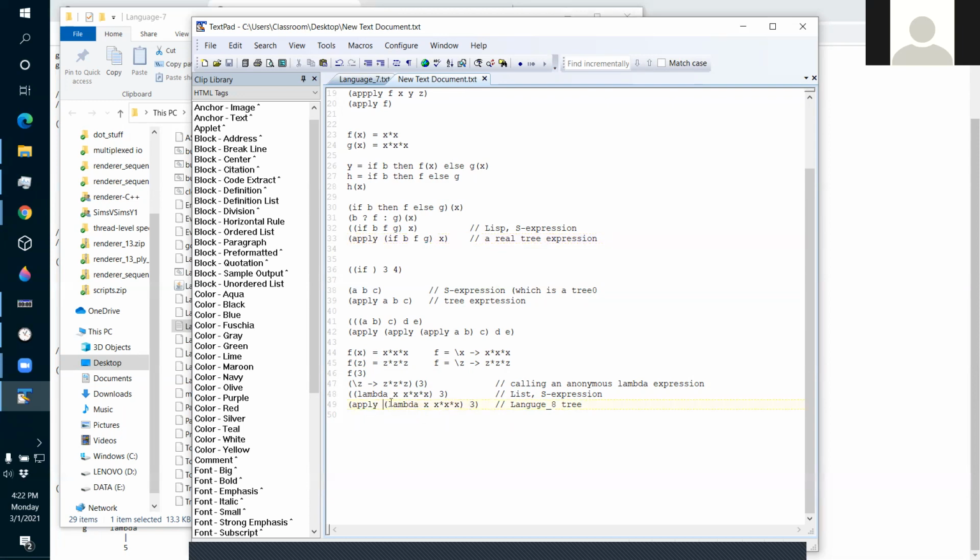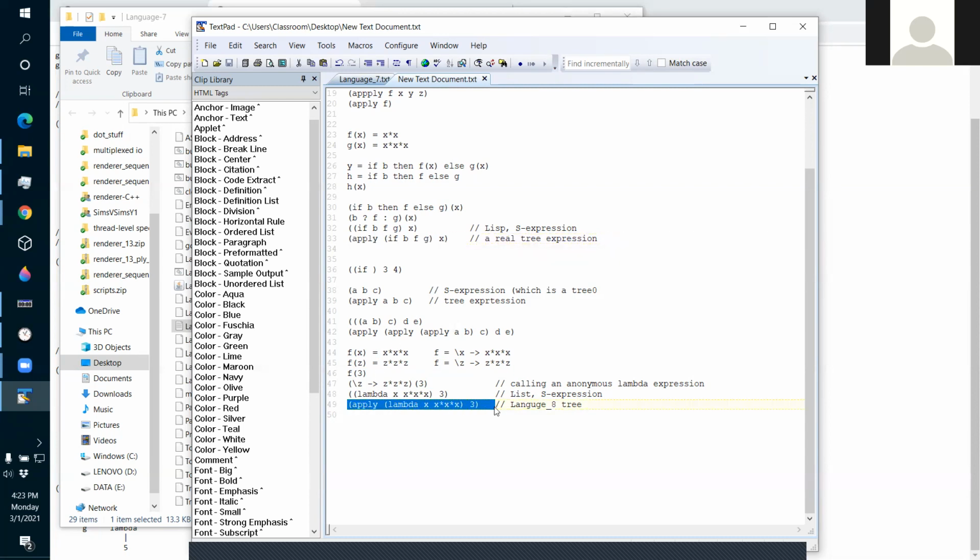Instead of having a lambda expression there, I could choose between two lambda expressions. Or I could put the names, or I could put a lambda expression there and a named function there. Okay. But I want to say apply the result of computing this expression to here. Now, in language 7, we can do this, but we won't be able to do this until we get to